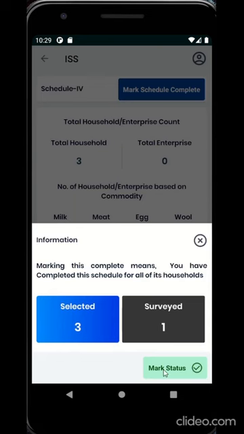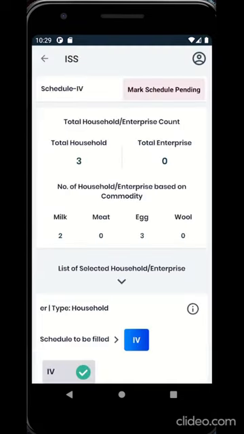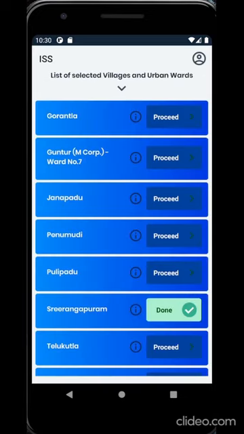Click Mark Status. Please note the villages or urban wards for which the schedule is marked as complete. The Proceed button will be replaced by Done. Similarly, the same steps will be followed in order to fill the data for remaining villages and urban wards. This is the end of Schedule 4.